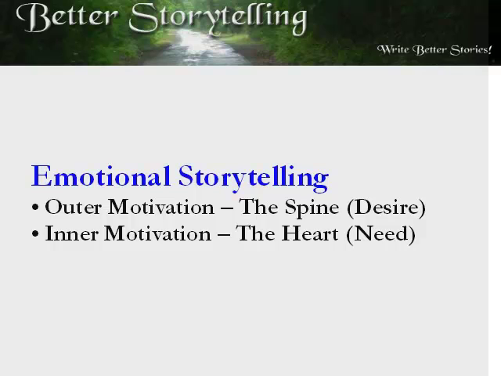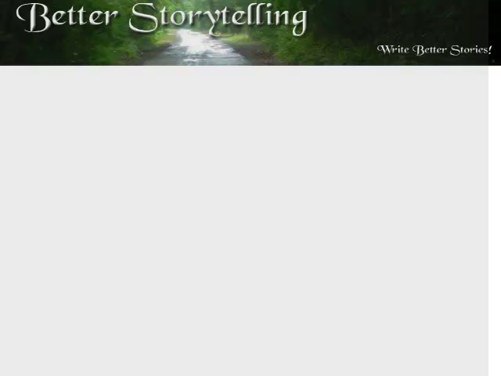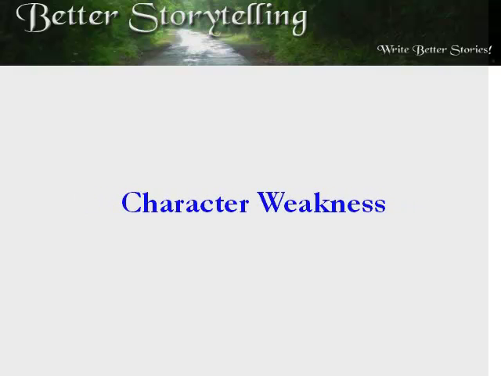Character weaknesses. Emotional storytelling is all about the need of the character. The need describes how the character is broken at the beginning of the story. The need to change forms the basis for the character arc. The need comes from the main character flaw or a weakness. There are two kinds of character flaws. A psychological weakness. This is a character trait within the hero which is destroying his life. Think of pride, cowardice, vengeance, or distrust.